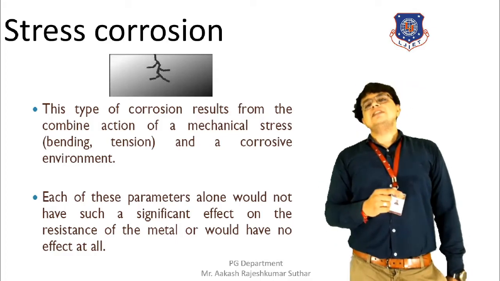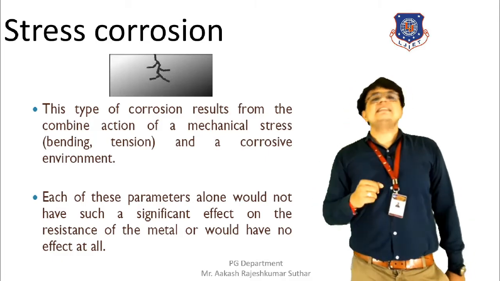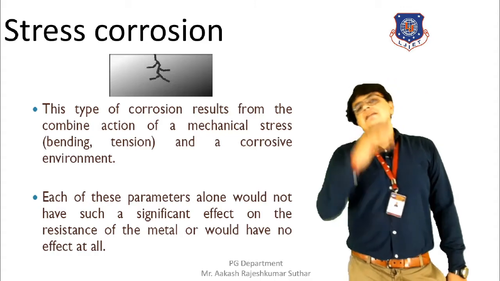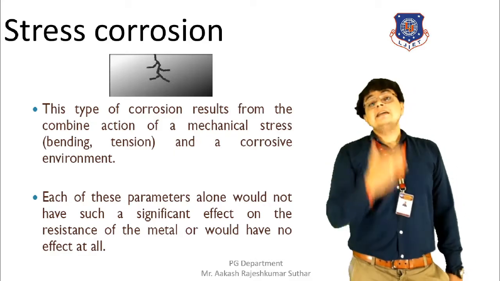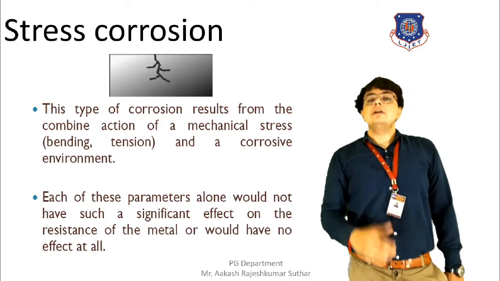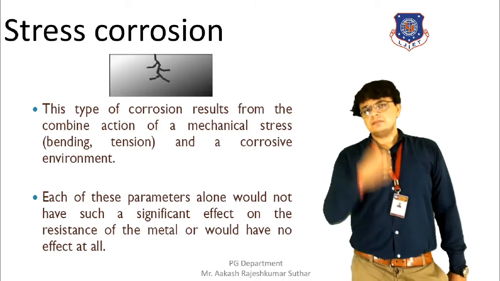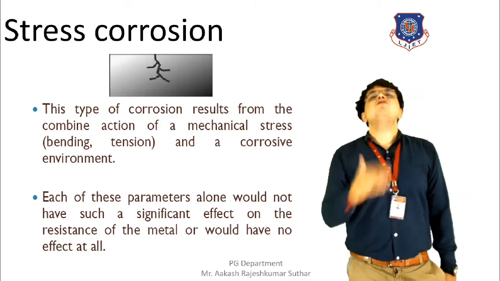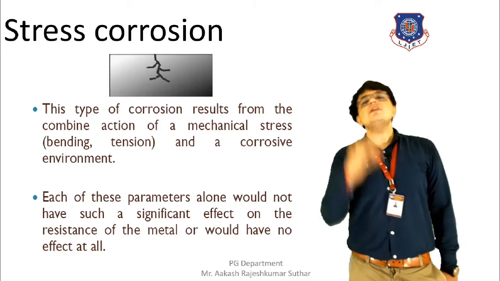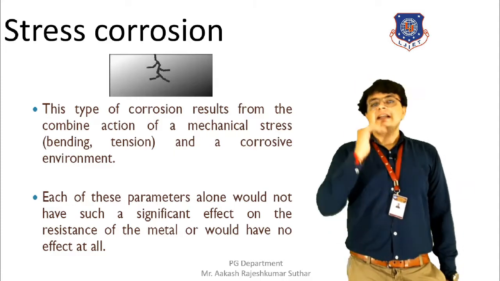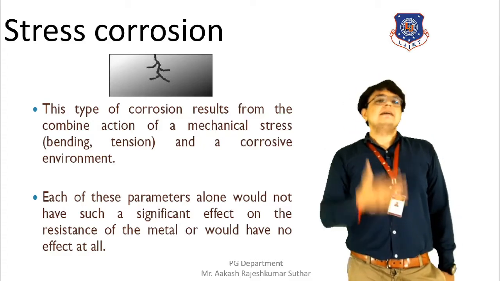And as a result of this, the inner curved portion will act as the anode, and the other portion, which has been cooled and where the residual stress has not been found, will be termed as the cathode. And by this, a galvanic cell will be formed. We all know that by formation of the galvanic cell, the corrosion will act. This is how the stress corrosion is occurring in a metal.